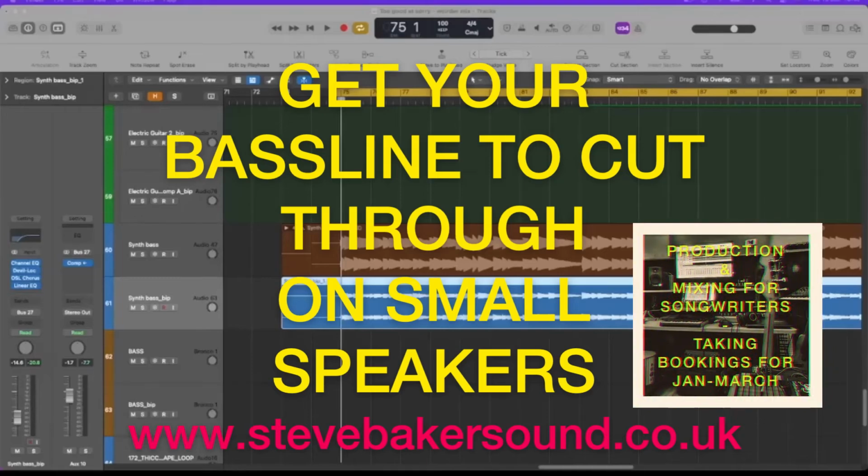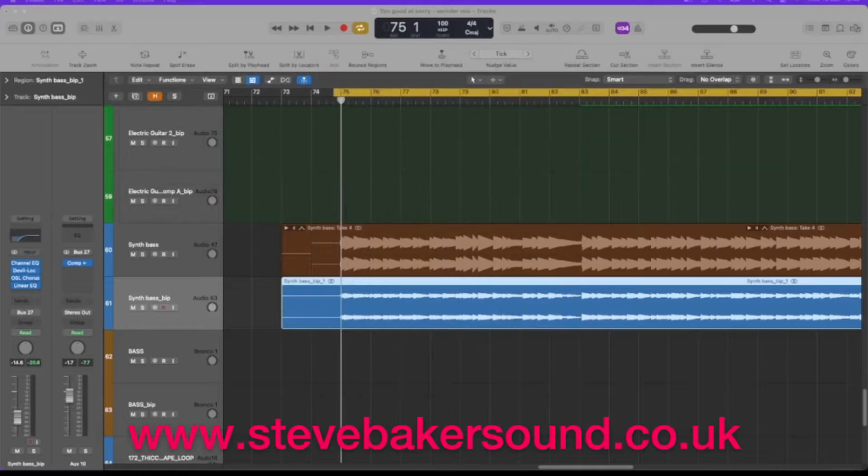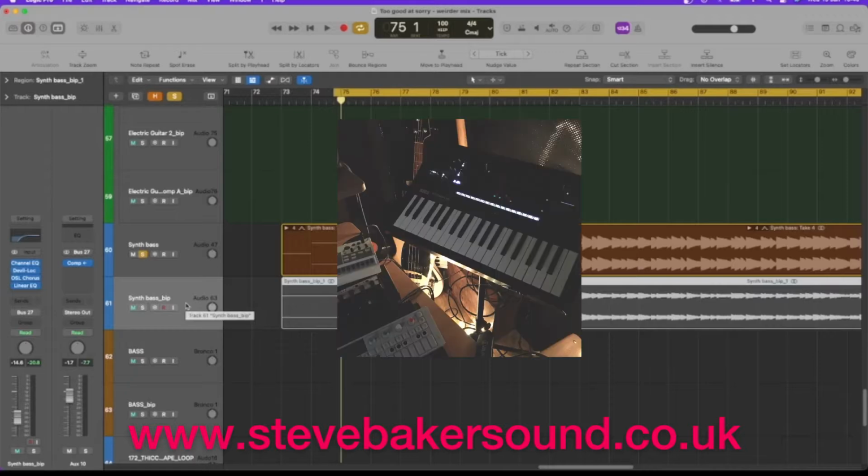This is a quick tip for helping your synth bass or any bass sit better in a mix and cut through better when you're listening back on laptops, phones, tablets. In this particular case, what I've done is I've used the same trick to add some stereo width to the bass. This is basically a bass line I played on my Korg Minilogue analog synth,